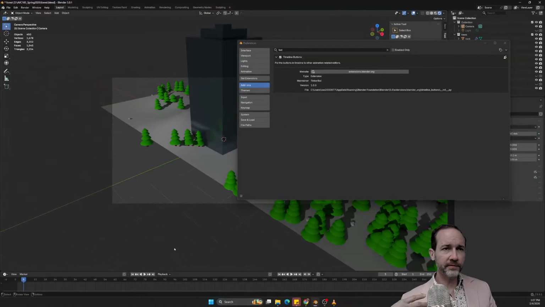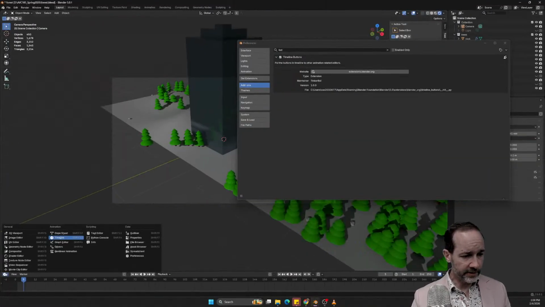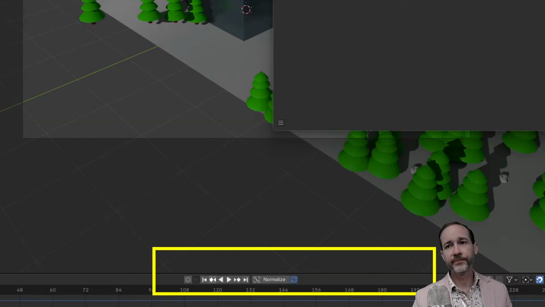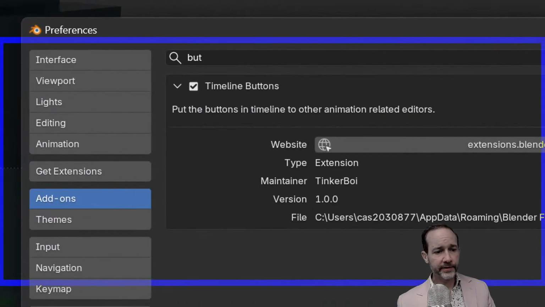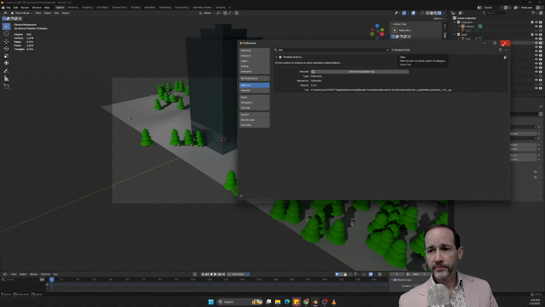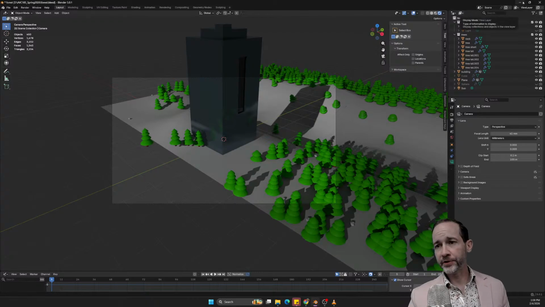Like I said, I think the timeline is going away, so that it's just dope sheet and graph editor, because there's so much overlap between timeline and dope sheet, but they're in transition right now. So anyways, this puts the buttons on all of them now. When I go to the graph editor, I still have the buttons there. That's a huge quality of life add-on, and hopefully soon in Blender that'll just be fixed. But everyone should definitely turn that on.